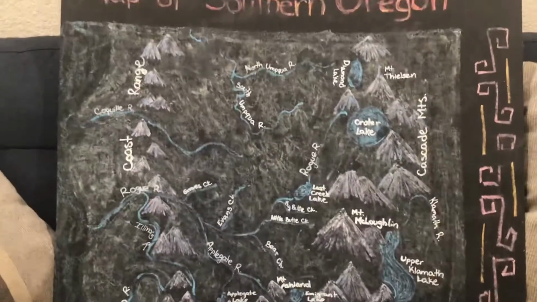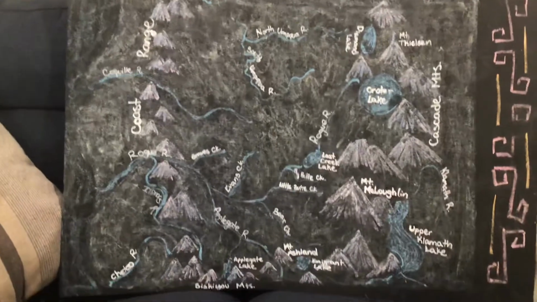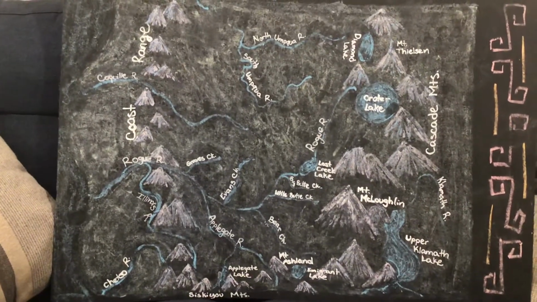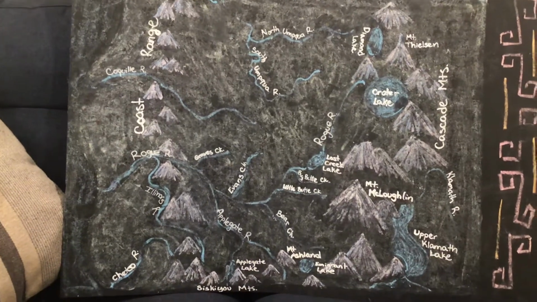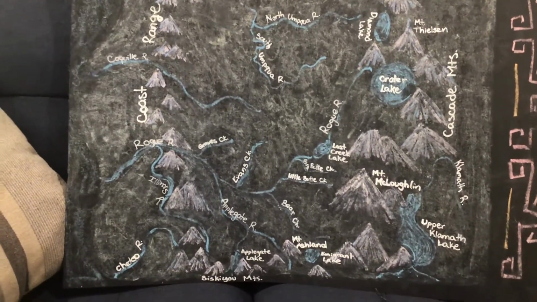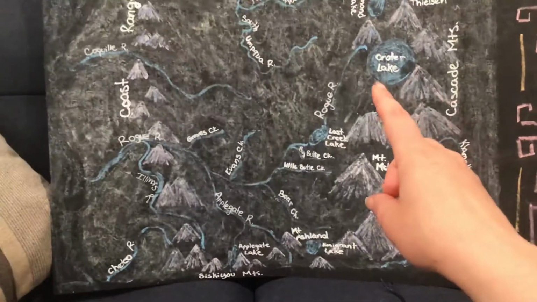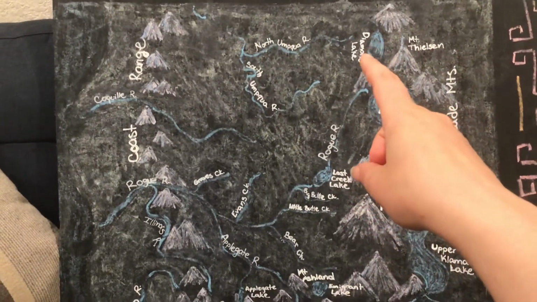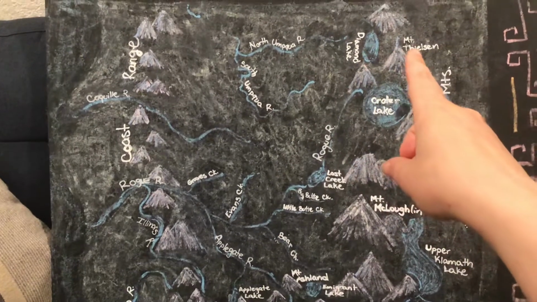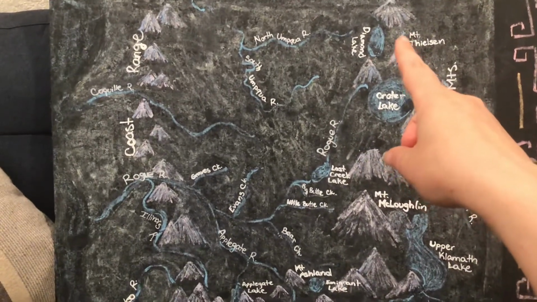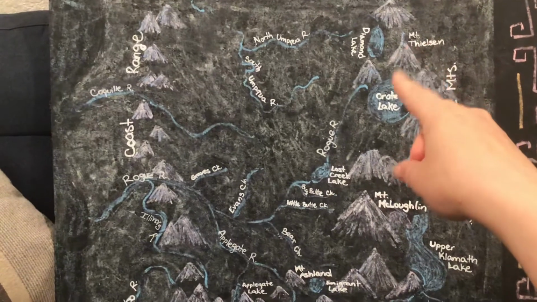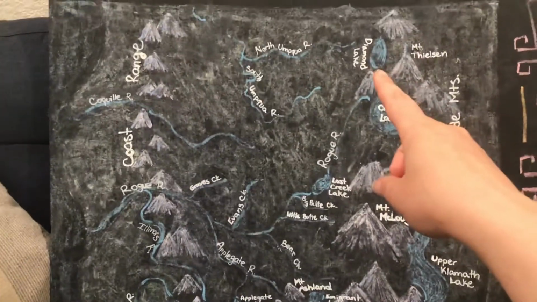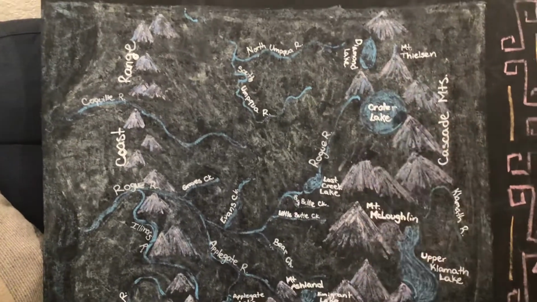And you'll also notice there's a lot of water here in Southern Oregon. Let's take a look at the lakes for a moment. What are the major lakes that we have around here? Well, of course, we went to one this year, right? We have Crater Lake. Just to the north of that, we have Diamond Lake, which is really beautiful. And then you can see, I kind of did its funky little top here, Mount Thielsen. You can see it from parts of Crater Lake, and you have a really great view of Mount Thielsen from Diamond Lake. It's a beautiful mountain.